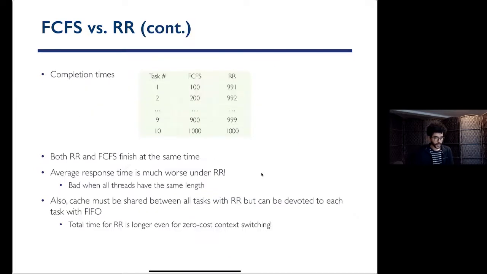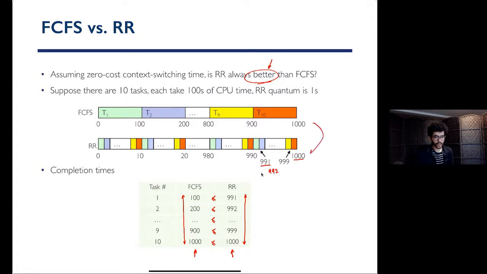So if you have, these two cases are happening because I'm assuming that the context switching overhead is 0, right? So if you had a context switch overhead that was more than 0, then FCFS would incur 9 context switches,